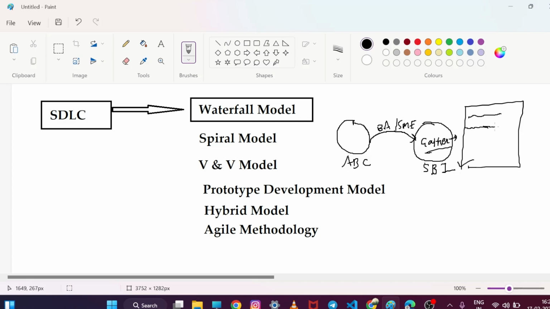Performance point of view, it should be stable. उसका performance अच्छा होना चाहिए. From security point of view, it should be highly secure. SBI का है तो highly secure तो होना ही चाहिए. Next point is usability. The way the application looks, the software looks, it should be simple and easy to understand. So usability. So these are the requirements of SBI in their product. Okay, so SBI की ये requirements हैं.